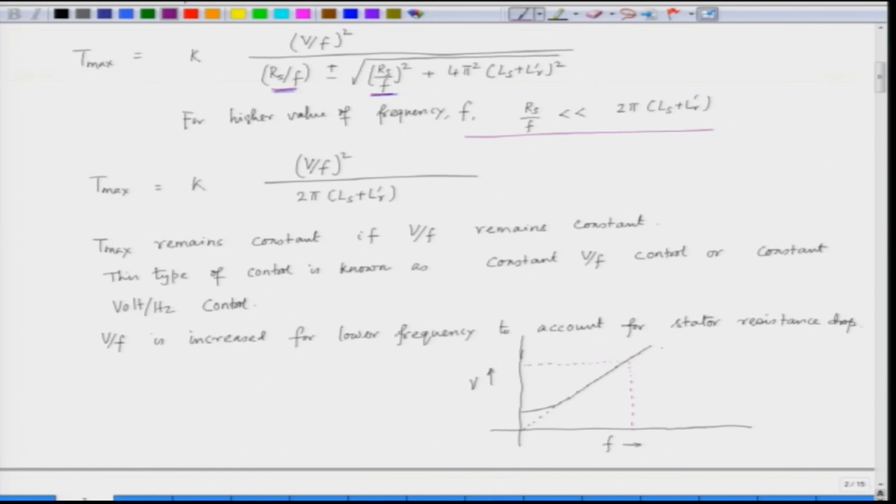Now, when we reach the rated frequency, we also reach the rated voltage, because as we are increasing the frequency, the voltage is also increased. So, when we reach 50 hertz, the rated frequency, we also get the rated voltage. Thereafter, even if you increase the frequency, the voltage should not be increased, because a motor is designed for a